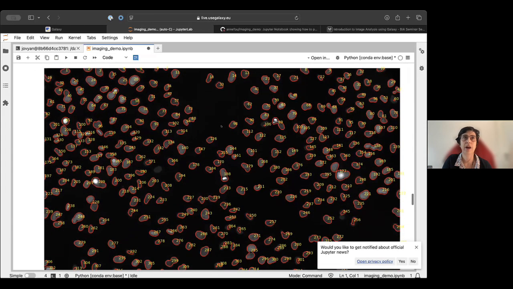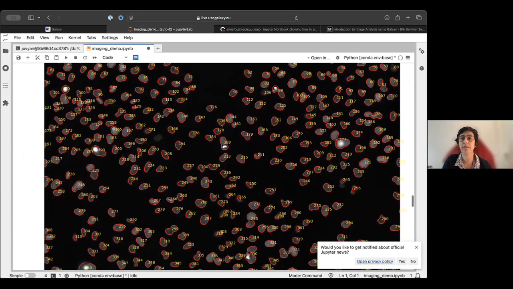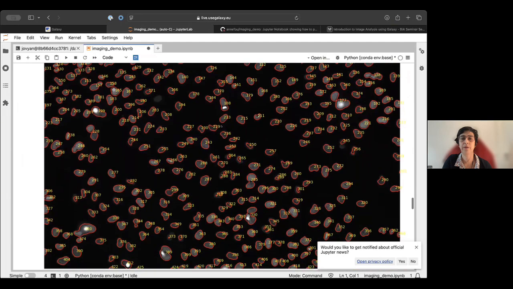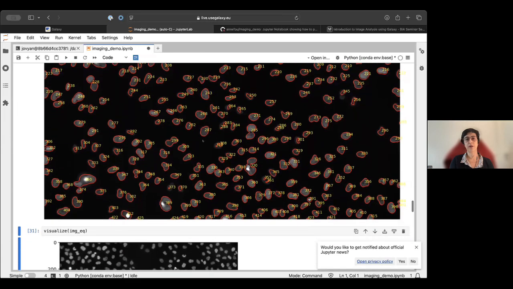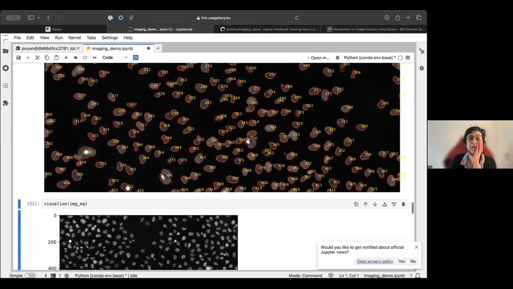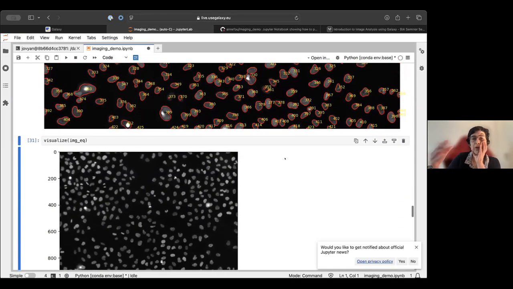Yes. So now we have something which is very similar to what you had in the pipeline shown by Leonid, like a label with a number for each of the cells. And we took an image where it worked relatively well. And here you can see a bit the different steps you would have to do, for instance, if you wanted to improve this workflow and this tool and create a new tool in Galaxy. But you can do many other things because, of course, it's fully flexible.